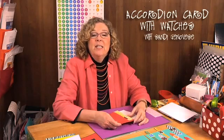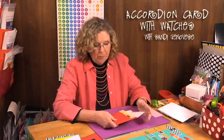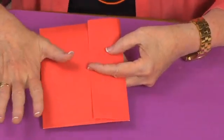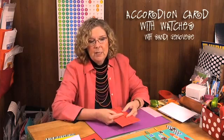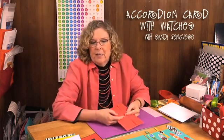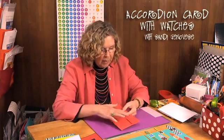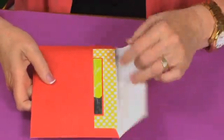Hi, I'm Sandi Genovese, and we're going to make a card today, and it's themed really for friendship. If you look, I'm starting with it in an envelope because I always stress that when you make a card, you want to make sure that it will fit into an envelope, especially if you're going to send it through the mail, but even if you just want to present it to somebody in some nice little container, it's nice to have an envelope. My envelope is 5 1/4 by 7 1/4, which I think is an A7 size envelope,